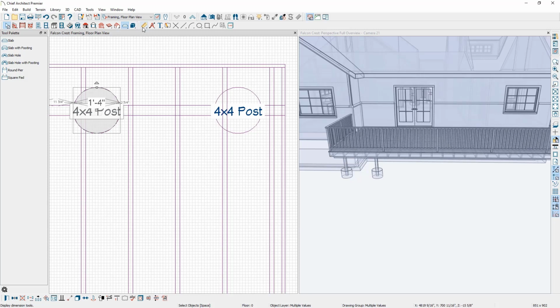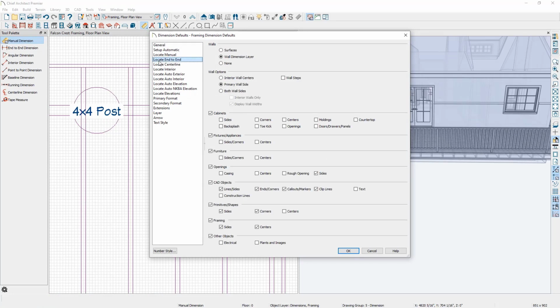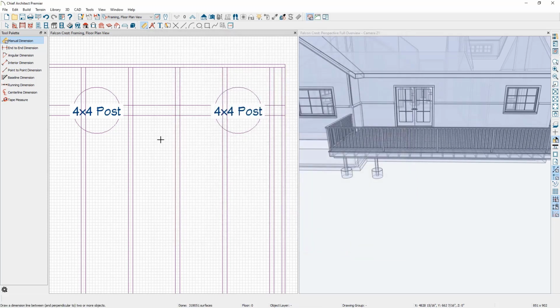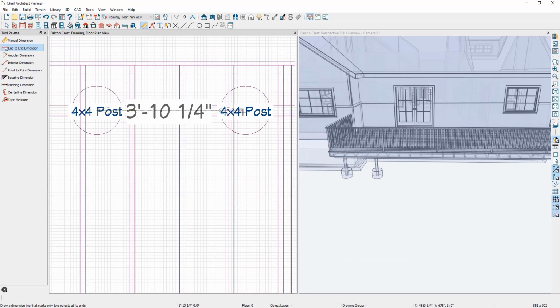If we go up to our dimension tools and double click to configure the settings for them, I'm going to be using the end-to-end dimension tool, so I'm going to go to the option that says locate end-to-end, go down to framing, and ensure that I have locating framing centers checked, and click OK. Then next go to the end-to-end dimension tool, come over to our posts, and once I have the center of it selected, just drag a dimension line across. And there you can see I verified that they're dimensioned 48 inches or 4 feet from each other,